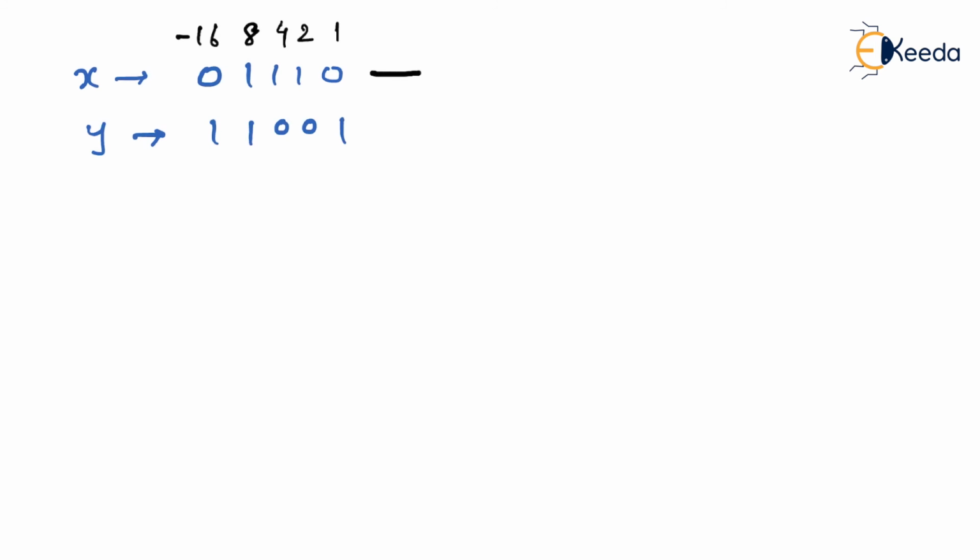So now if you try to recognize this number, ones are below 8, 4, 2. So 8 plus 4 plus 2 is 14. So this is actually 14 to the base 10, and since MSB is 0, this is definitely positive 14 to the base 10. Am I right? Don't forget, our motive is to add x with y. So I'm going to add this with value y. And what is y? As you can see, MSB is 1. It means definitely it will give you a negative number. So just go on adding the respective weights below which it appears to be logic 1.